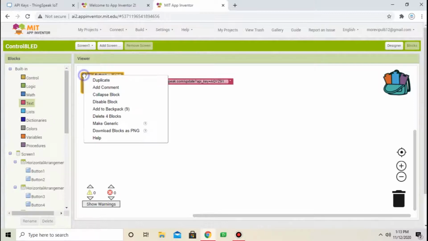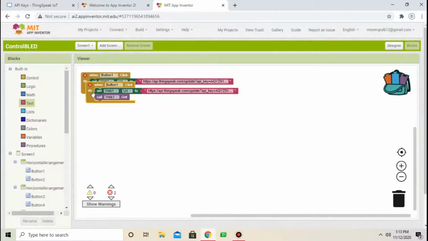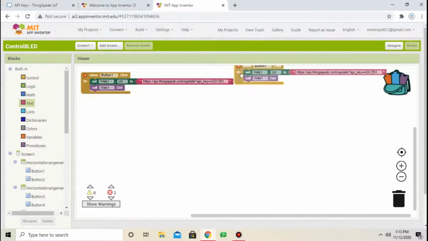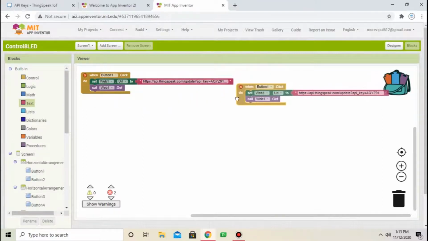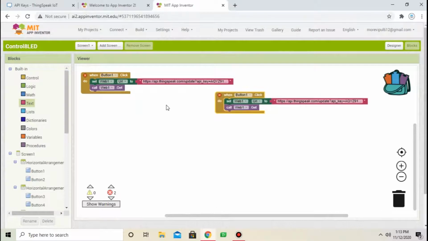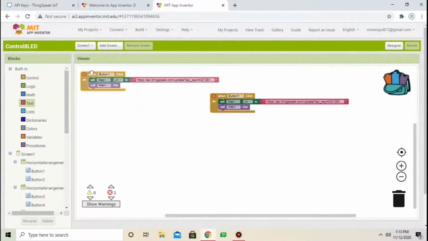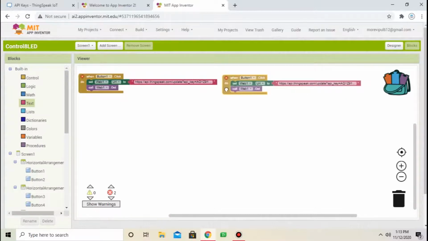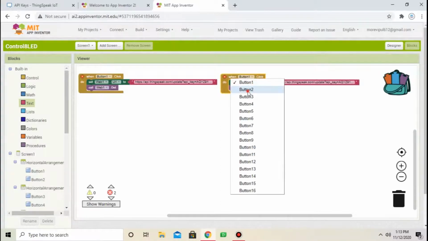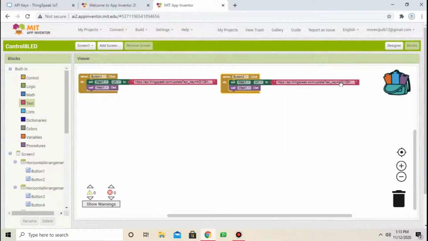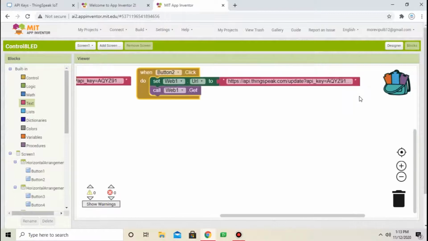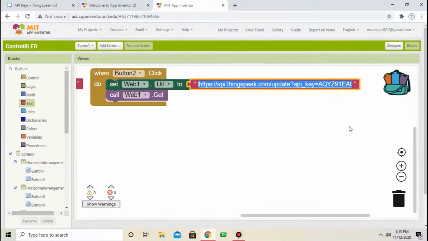Make a copy of button 1. Change button 1 to button 2. Change field 1 value from 1 to 0.